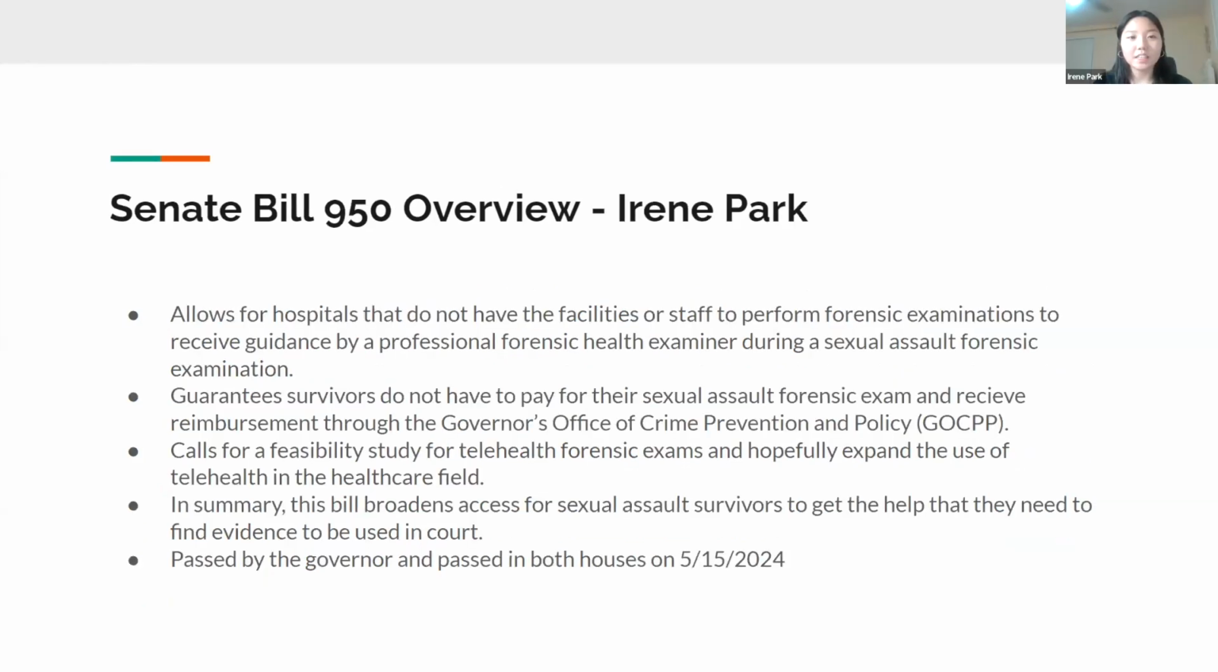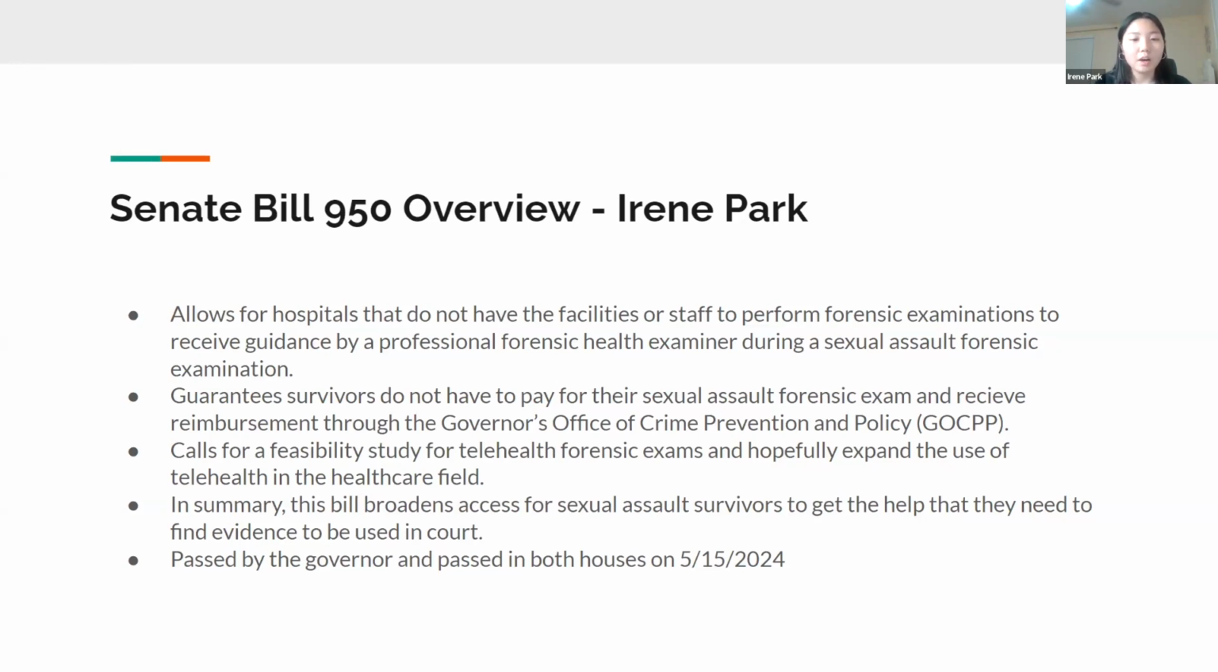So my bill was Senate Bill 950, and this bill basically does three important things. First, it allows for hospitals that do not have the facilities or staff to perform forensic examinations to receive guidance by a professional forensic health examiner during a sexual assault forensic examination. Secondly, it guarantees survivors don't have to pay for their sexual assault forensic exam and receive reimbursement. And lastly, it calls for a feasibility study so that hopefully the use of telehealth forensic exams can expand